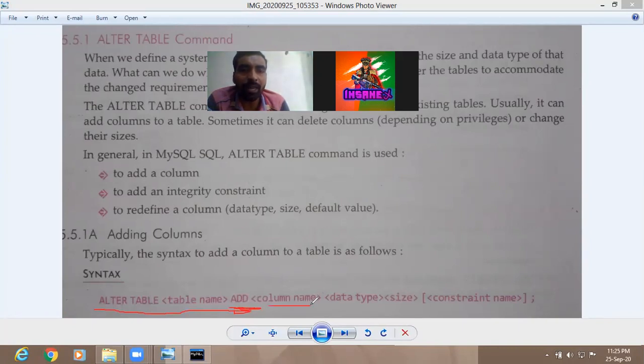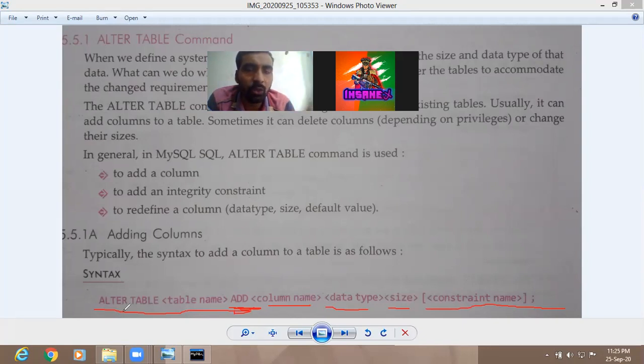After that, column name, then data type of the column, then the size of the column, and then the constraint like primary key or not null or unique or any other constraint. So this is the entire syntax for making the changes in the existing table, that is adding new column.